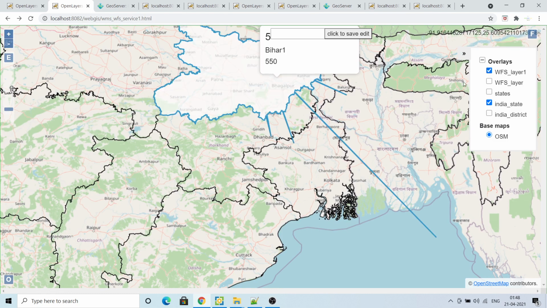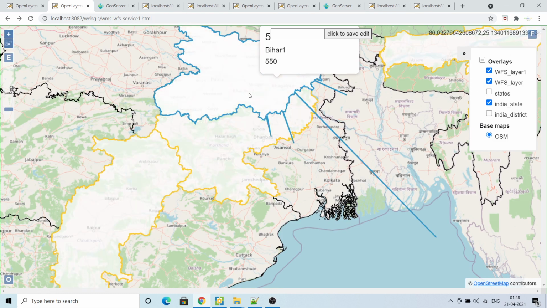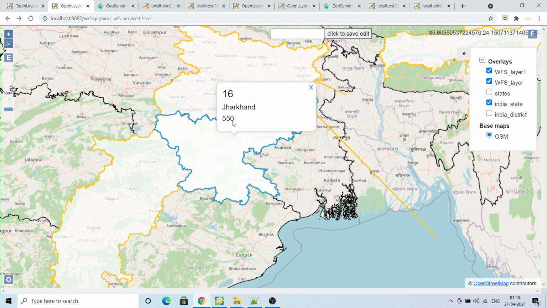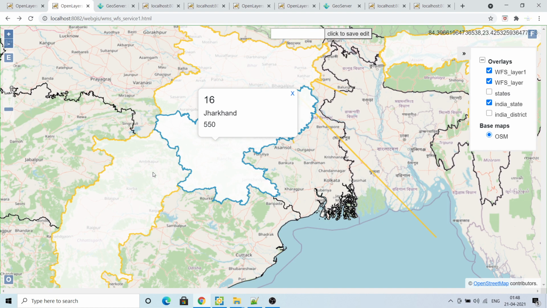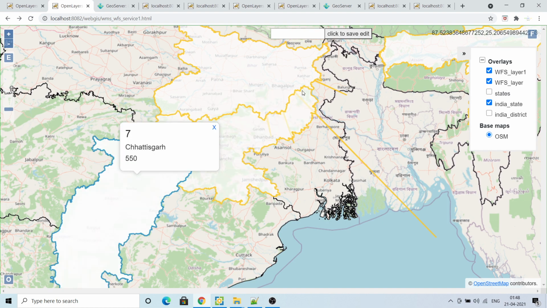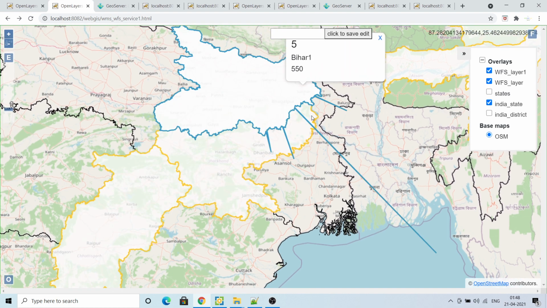And also if I click on any feature, you can see the 550. I have modified it from 450 to 550. So what I will do, I will again modify this. I'll show you.